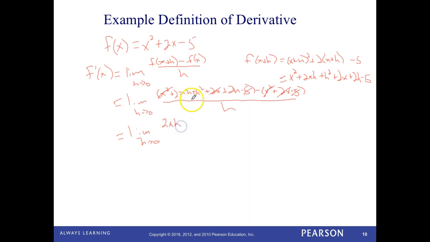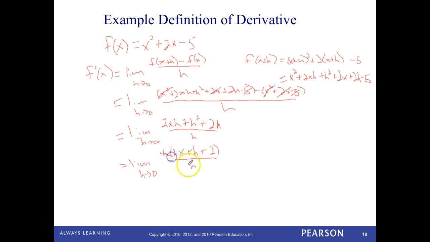2xh plus h squared plus 2h, all over h. So here, in my numerator, I can factor an h out of everything. So the limit as h approaches 0 of h times 2x plus h plus 2, all of that over h